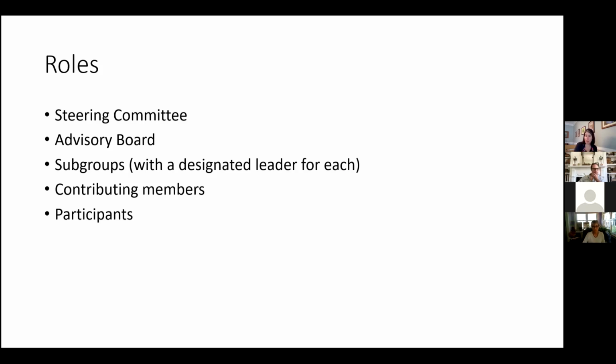And then we have contributing members. Those are people who access the website, maybe come to some network meetings. And then participants, people who we may not even really interact with much, but access things on our website and such. And so there's a variety of different ways for people to be involved. And so you may have a particular passion for one subtopic of what we've been talking about. And so maybe you would become a subgroup leader or a subgroup member related to that topic and are really active for a couple of years and then take more of a backseat in other years. Or maybe you're really active every year. However you want to do it,